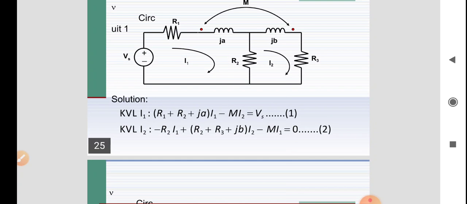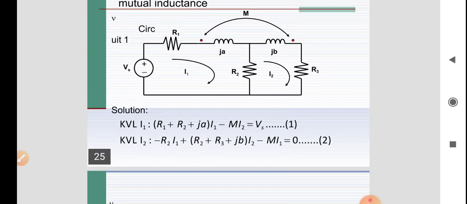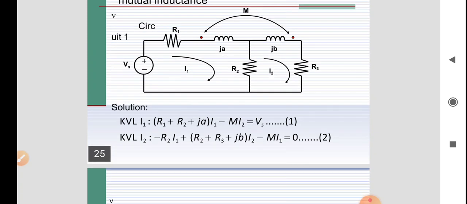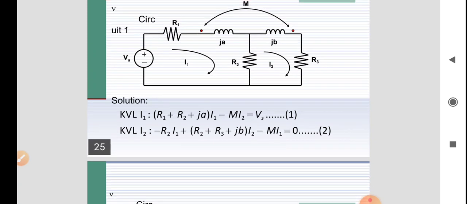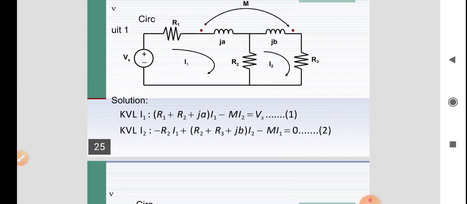Now, let me take the dot. The importance of this dot is that it represents a mutual inductance. Remember one thing: whenever you are writing a loop equation, see how the current is flowing in that dot. Here in loop 1, there is one dot, and that dot has some mutual inductance of value M. Here the reference current is the I1 current. Whatever loop equation you are writing, that is our reference current. So here the reference current is the I1 current.